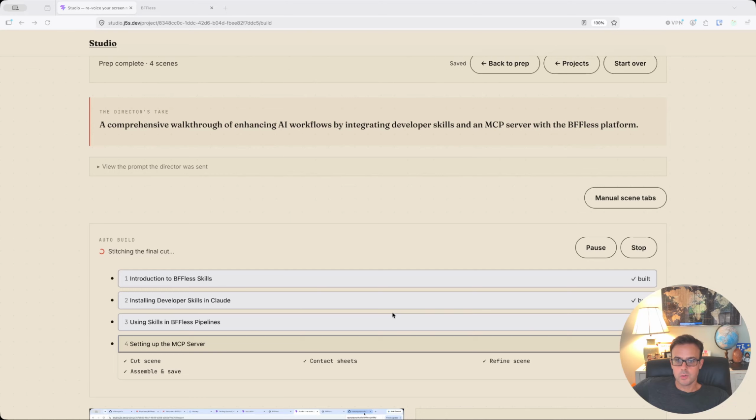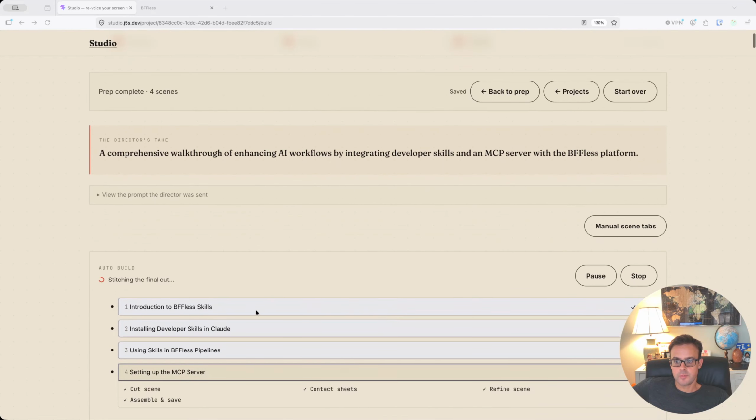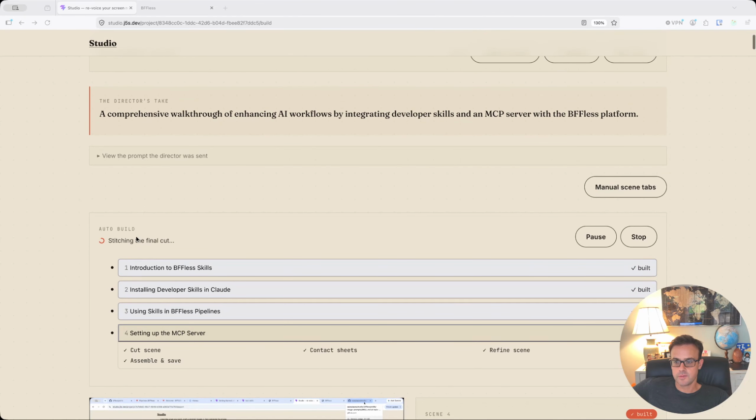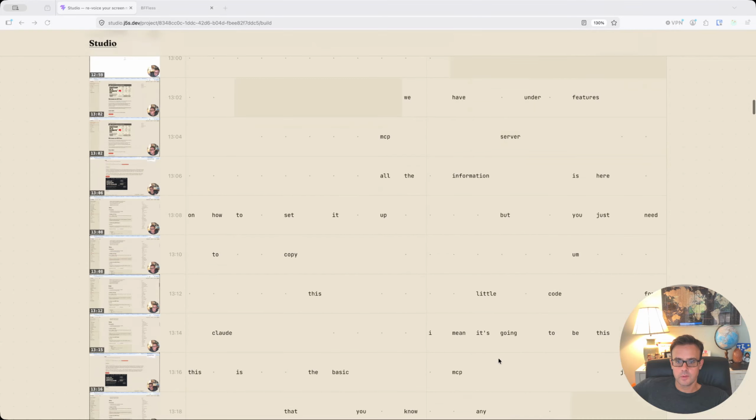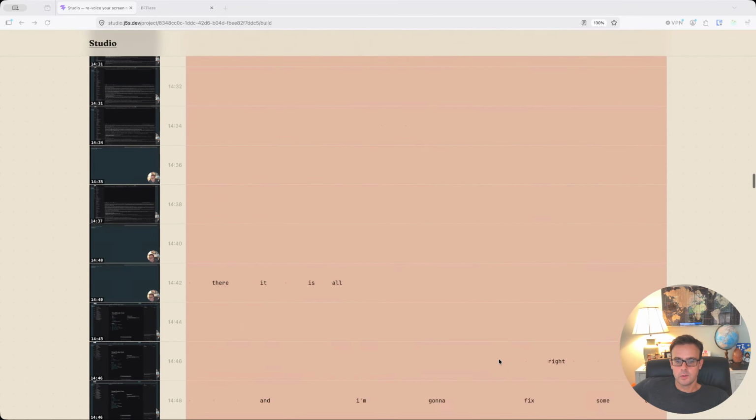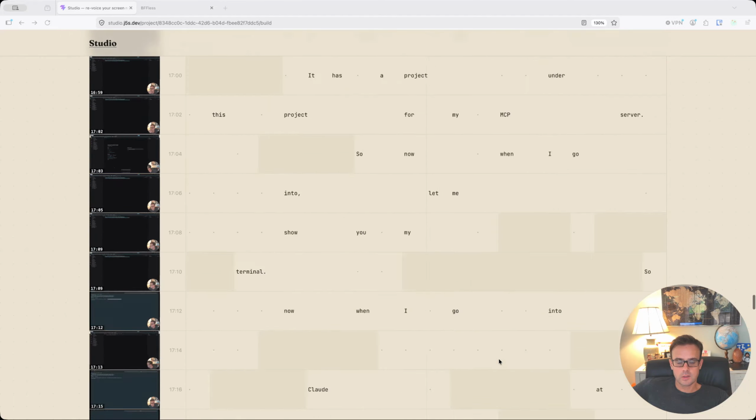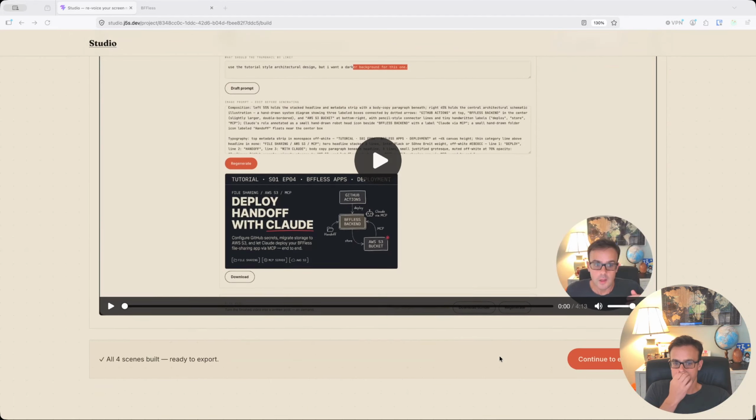All right, so all the chapters have been cut. It's in the process of stitching the final cut together now. It went through 4 chapters, did all of the refining, cut out a few parts to it. I didn't tell it to cut out a whole lot, so it's pretty